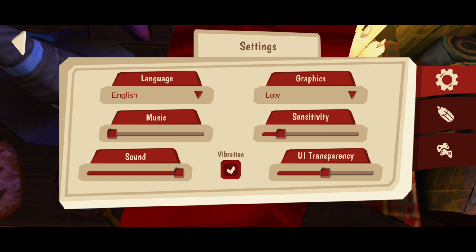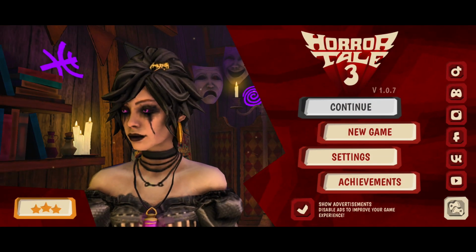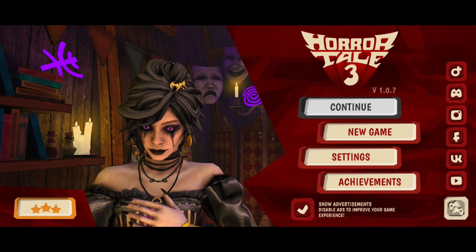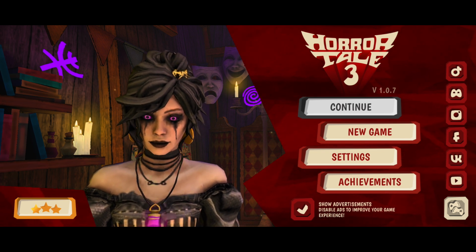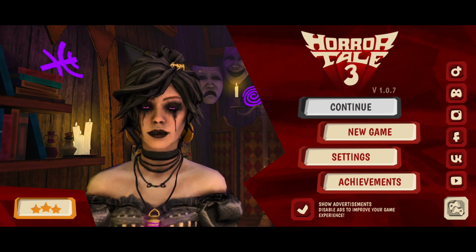Now if you do this, you won't have any disturbance in the game. You can totally focus on playing the game and there won't be any music. Now if you go back, it's all set. So the sound plays a very vital role in this game. So you must be careful because you must listen to the sound of the